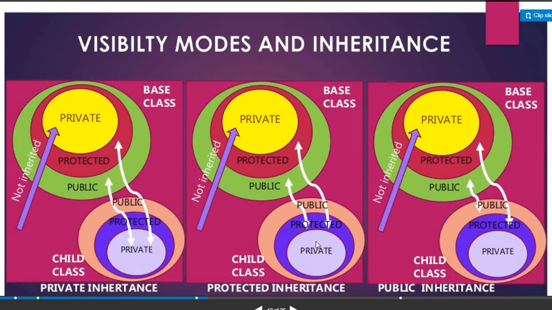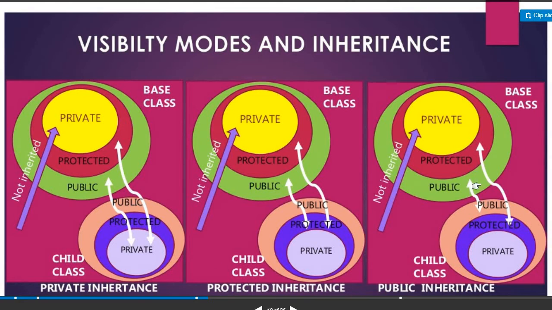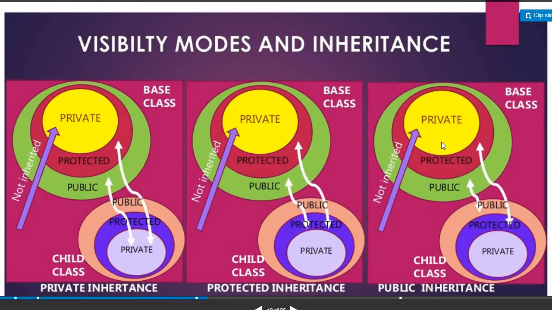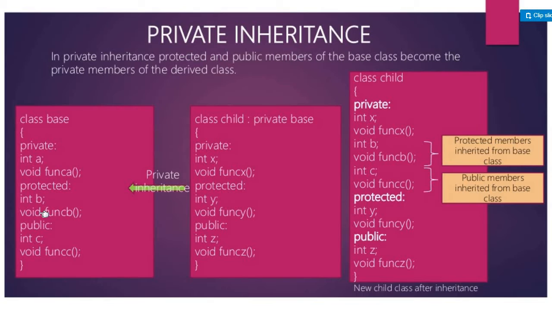protected and public members become private members of the derived class, and here again public members become public and protected members protected if publicly inherited. So private inheritance: in private inheritance, protected and public members of the base class become the private members of the derived class. So base class, if we define,